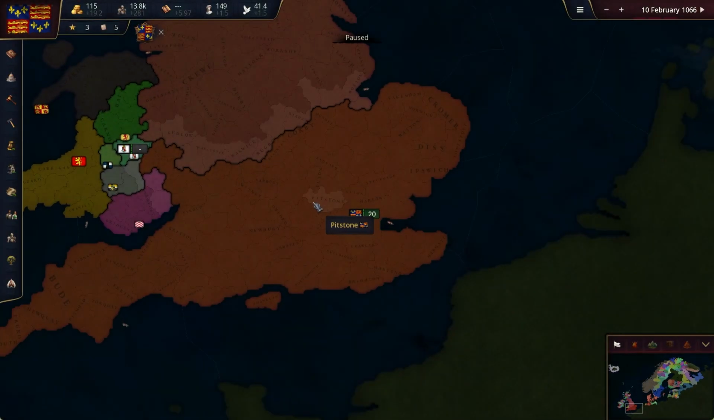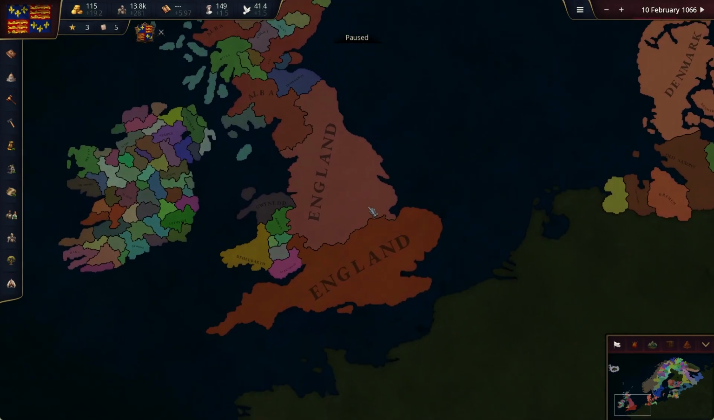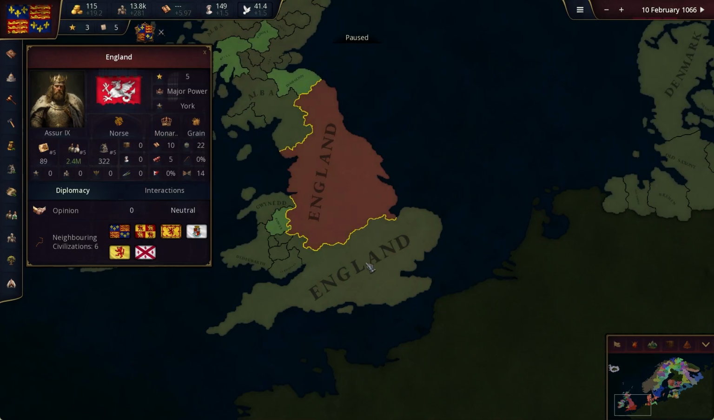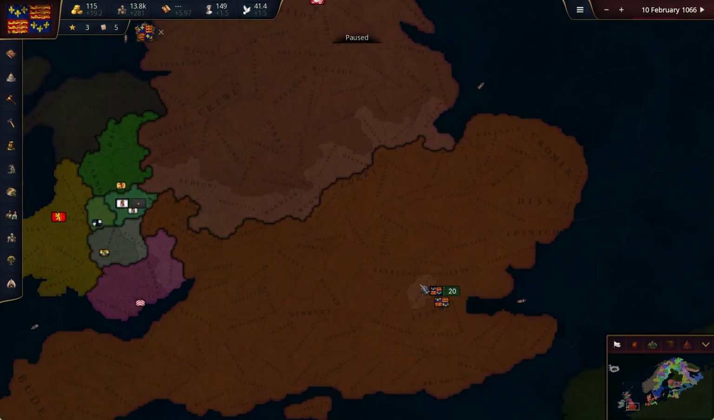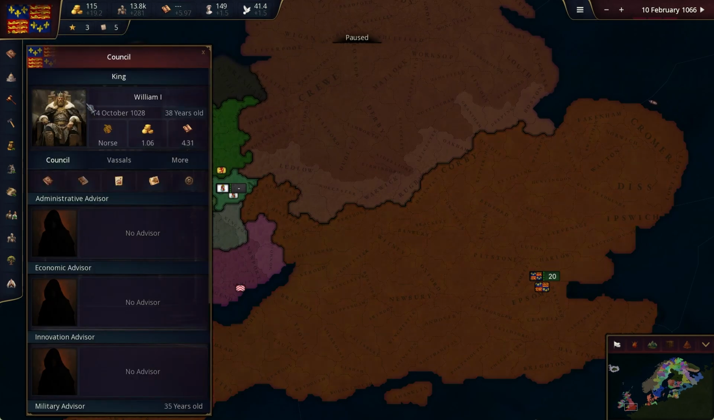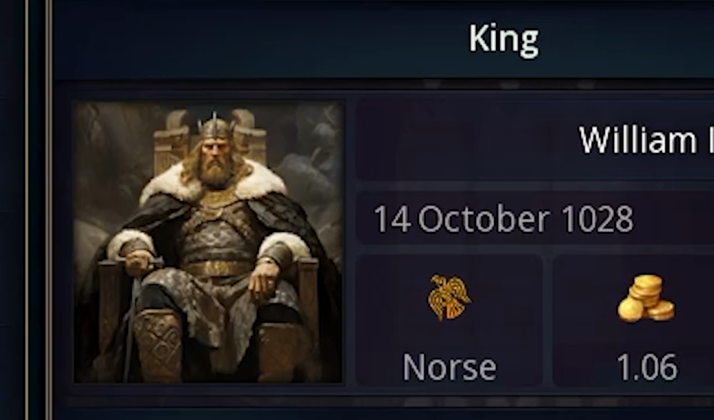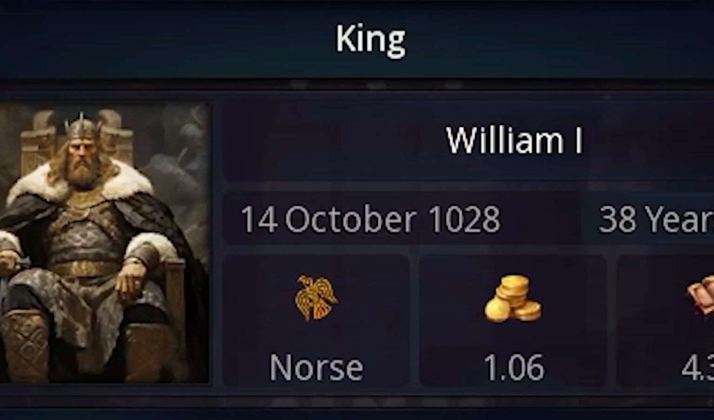The Kingdom of England, February 10th, 1066. The Norman invasion of Britain, the Battle of Hastings, and all its repercussions lie on the horizon. Although traditionally dated to October, here we find William I, a Viking descendant already on the throne as early as